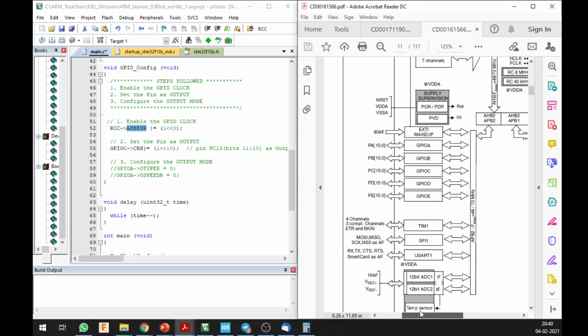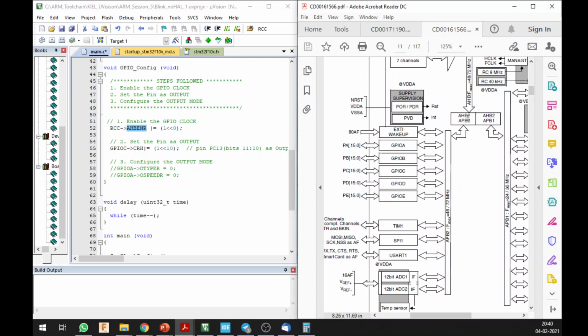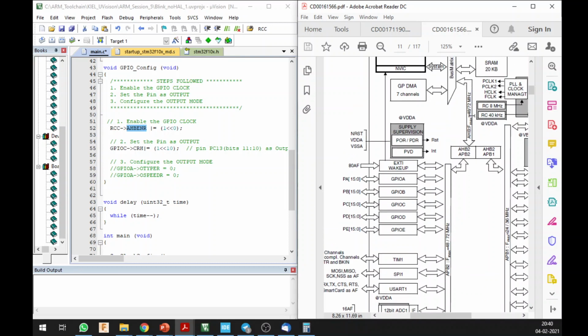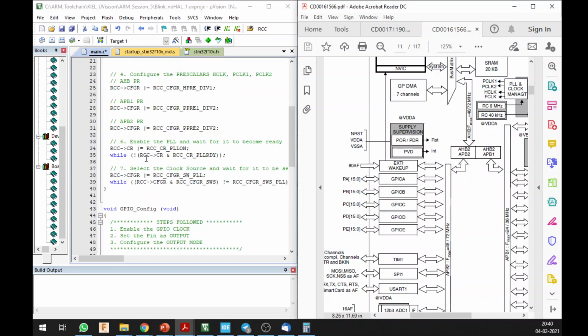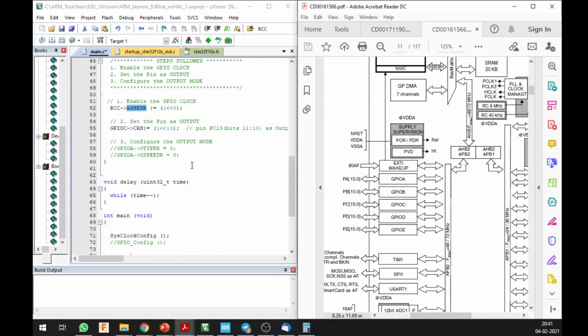This is present in my APB2, which is connected to my AHB. So first I have to set this AHB, and then I have to set the APB2. Alright, since I already set the APB2 over here, I do not need to do it again, but I have to set the AHB, so that is going to provide the clock to this. So I set the GPIO clock to this AHB ENR, advanced high speed bus enable. What is this? This is basically doing a bit shift by one position. I could also do a macro expansion of this and show you, but this is how it's happening.